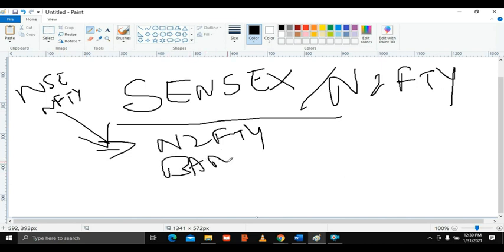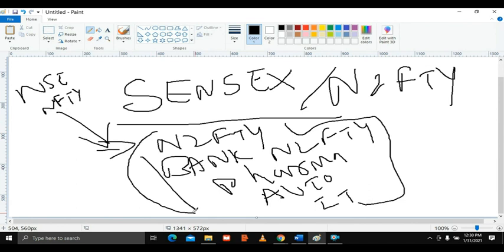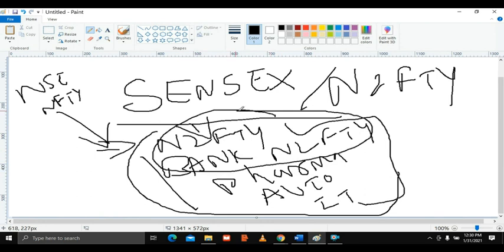One more, the second largest index in NSE, is Bank Nifty. And the third you can trade is the pharma index. Also you can trade the auto index. The liquidity will be high in these. You can focus on three to four, or four to five different indices. These are the top tradable indices. If you want to trade in indices, focus on the bank index, pharma index, auto index, IT index, and Nifty. These two have the highest liquidity, meaning people should be there to trade those indices. You'll find a lot of people trading Nifty and Bank Nifty only.